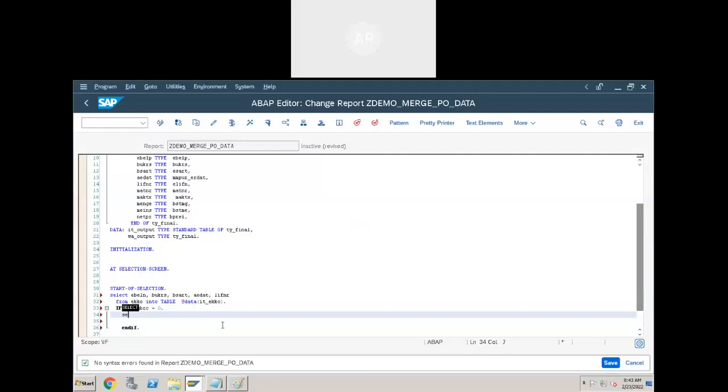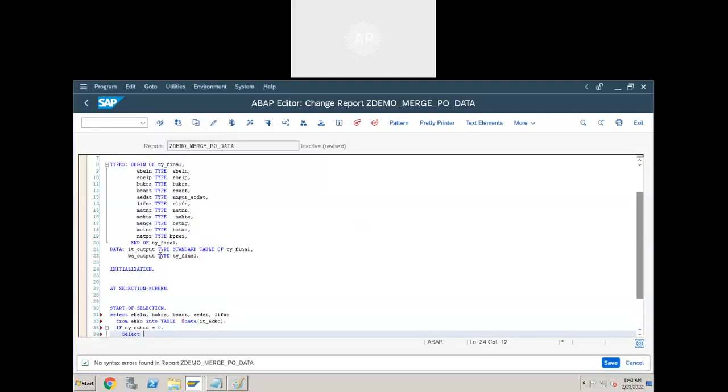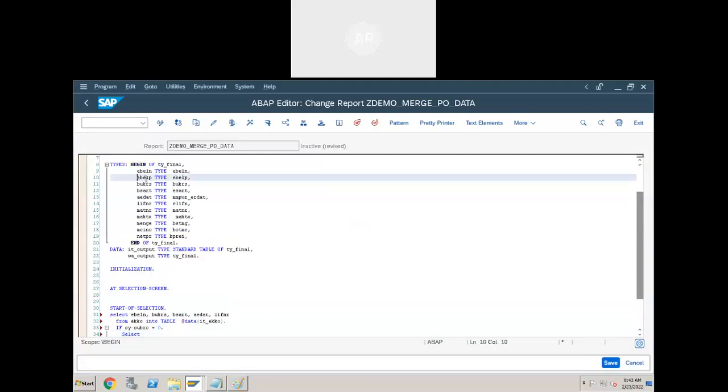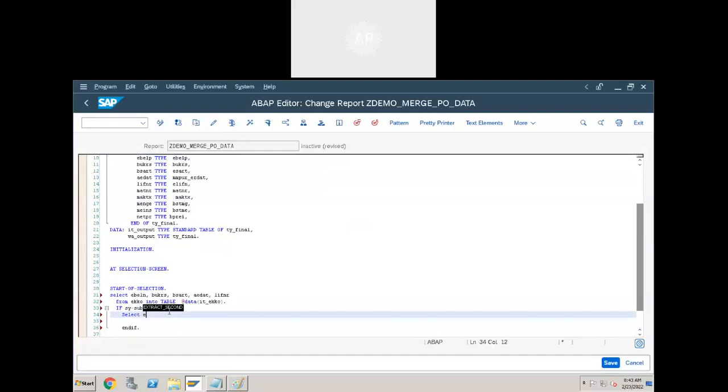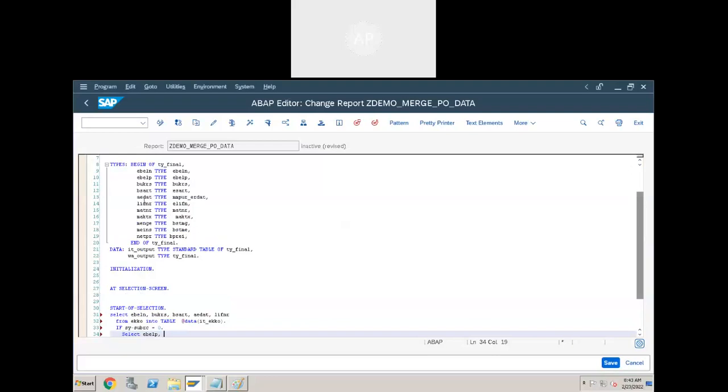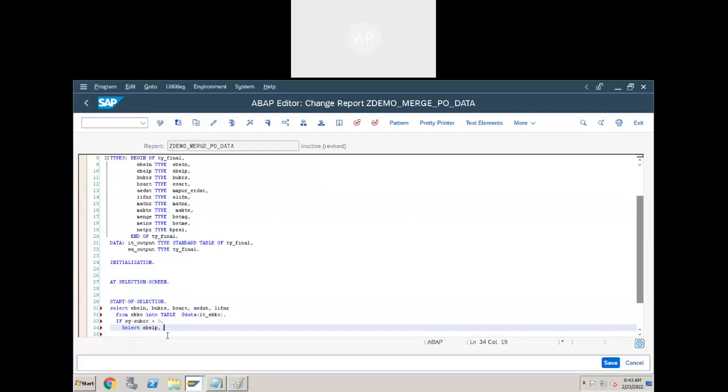Now select, what are the fields we are selecting from EKPO? EBELP, Matnr, material number, comma, Menge means quantity. What is the quantity you are purchasing?